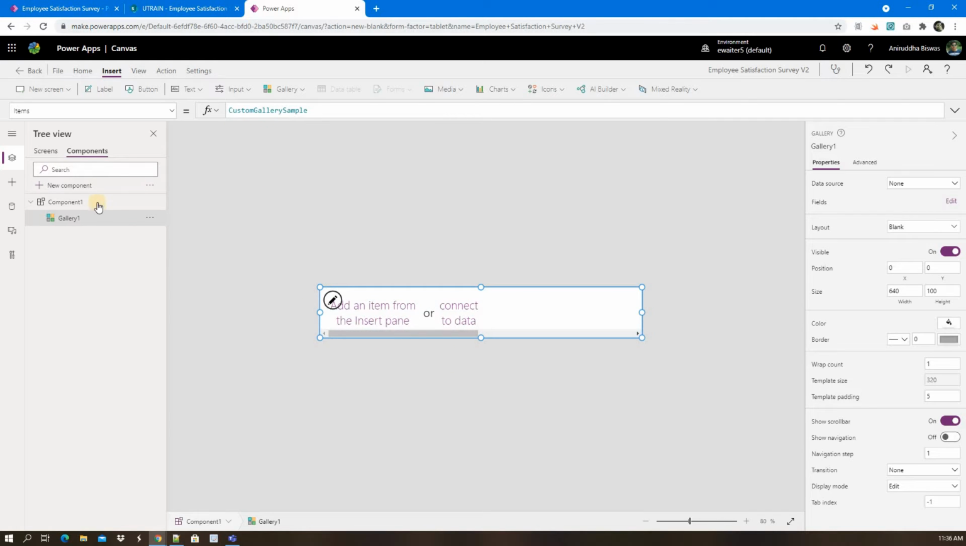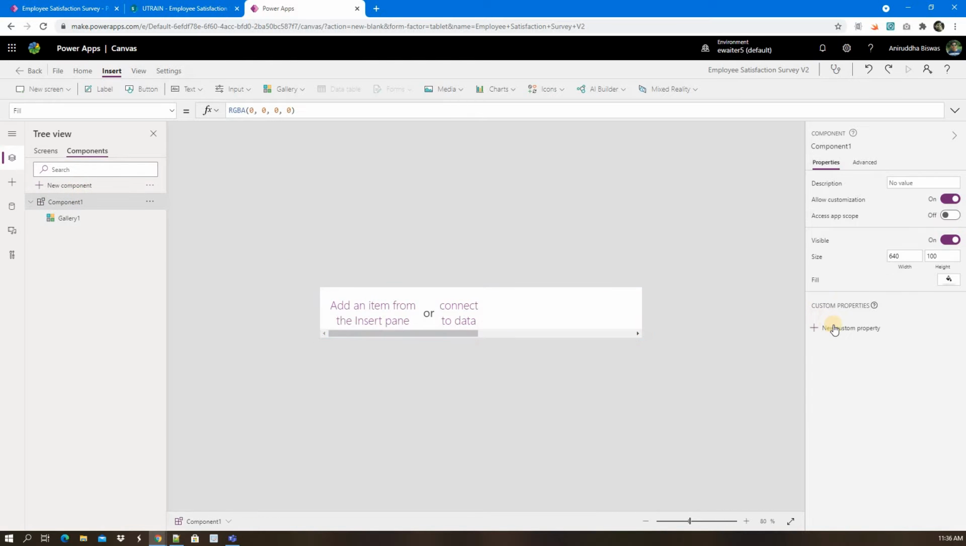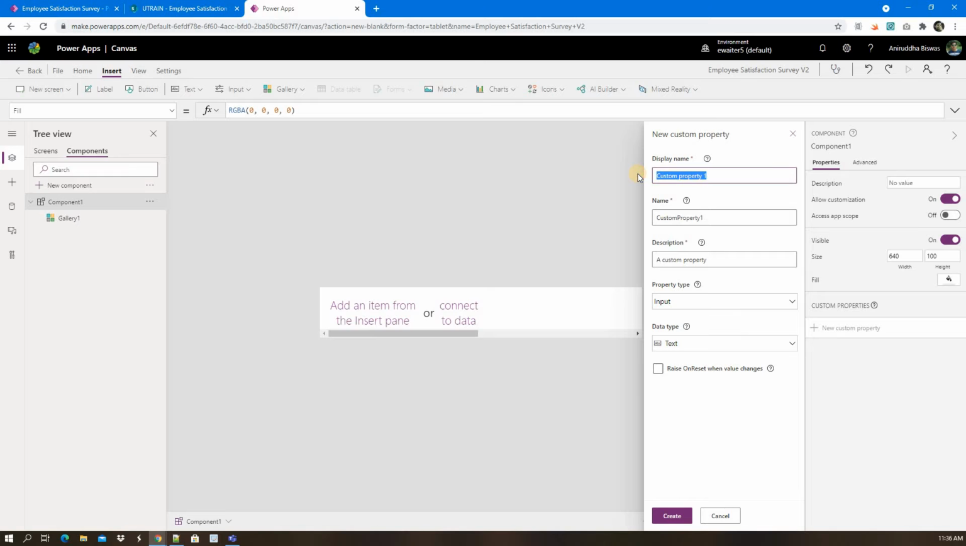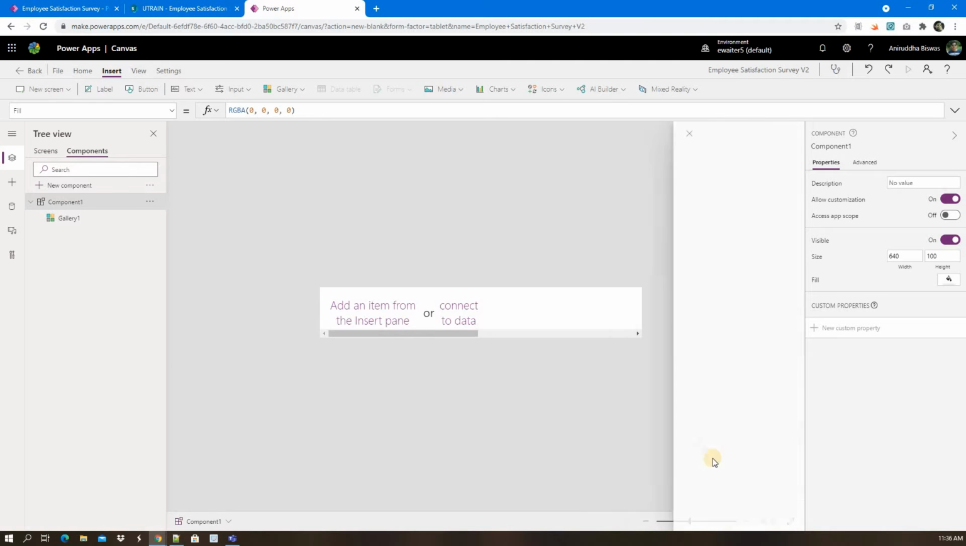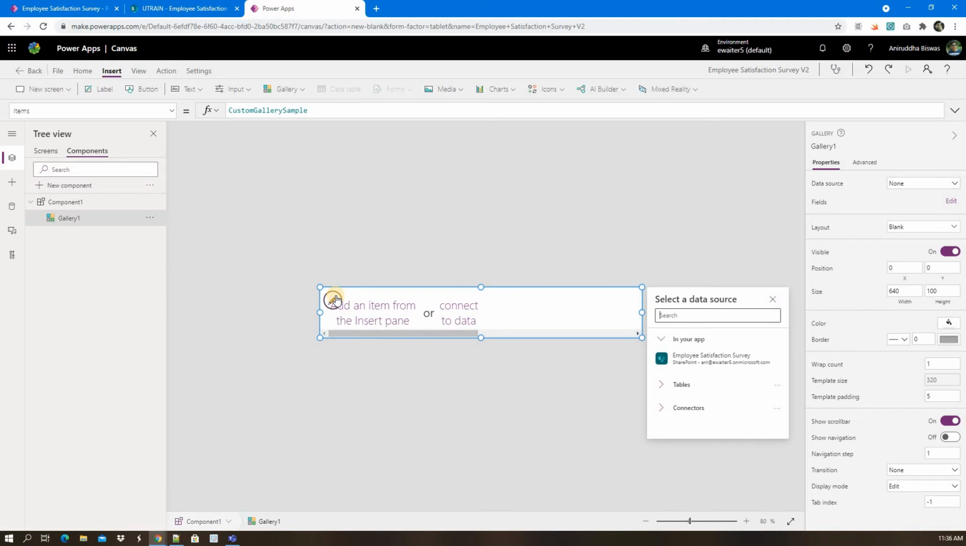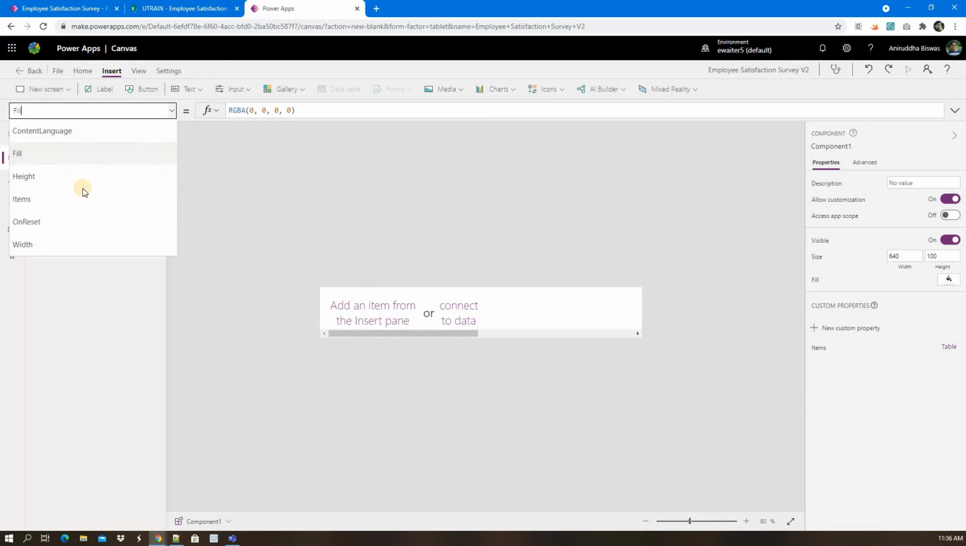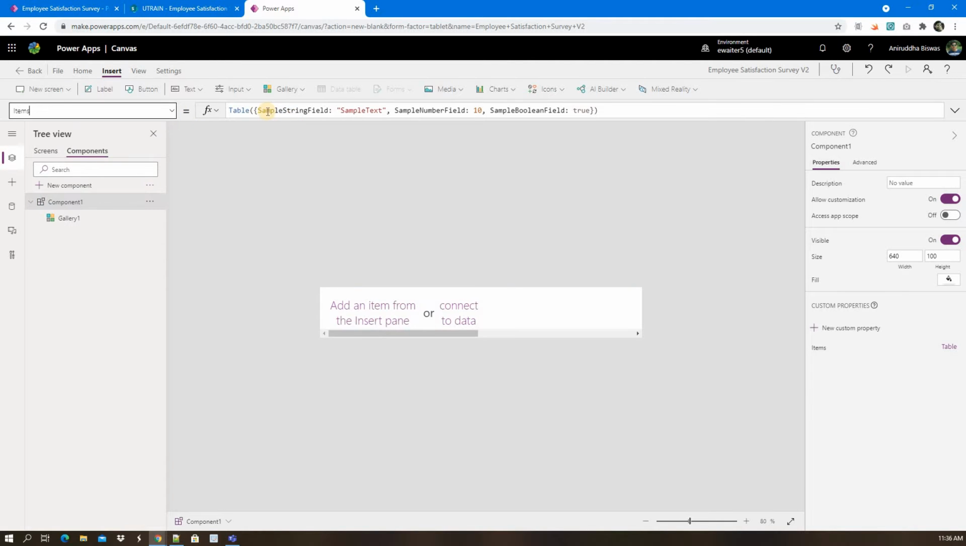Okay, now to give items in the gallery, what I will do, I will select the component first and create a property called items. What items I want to do, that will be an input property and it will be a table. So I'll click on create. Next I will do, so in the component, now items will be available. In the items there is a default table created automatically, but what I need is